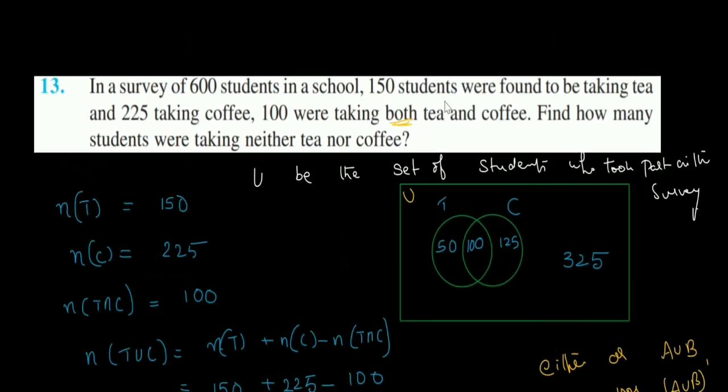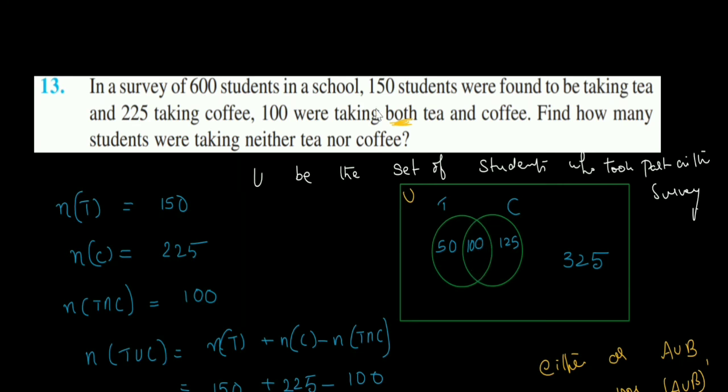See, just look at the Venn diagram. How do you represent this in a Venn diagram? So just draw two intersecting circles and a rectangular box, that is the universal set. This is how you should draw the Venn diagram. So first outside you draw one rectangular box, that is the universal set. Then you draw two intersecting circles. Start with intersection, that is both. How many take both tea and coffee? 100. So write 100 in the middle. The intersection you have to write 100. This is how you should start.